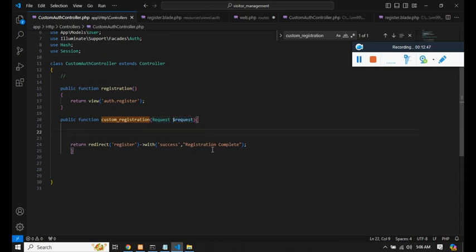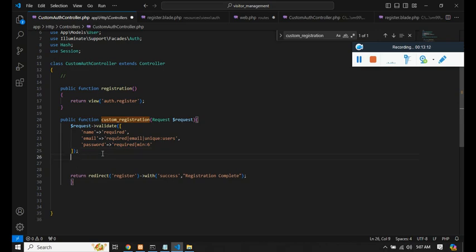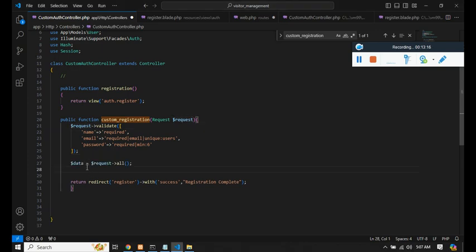So we need to create a validation. Let's create validation. So now with the request we are validating the name, email and password. Name is required, email is required, and it should be of email type, and then it should be unique to the table called user, and the password is required, and the minimum value for the password is 6. And then we are storing all the request into the variable called data, so that we can assign the data